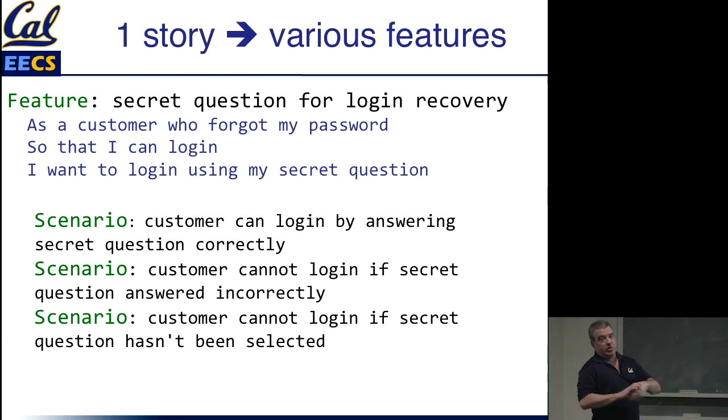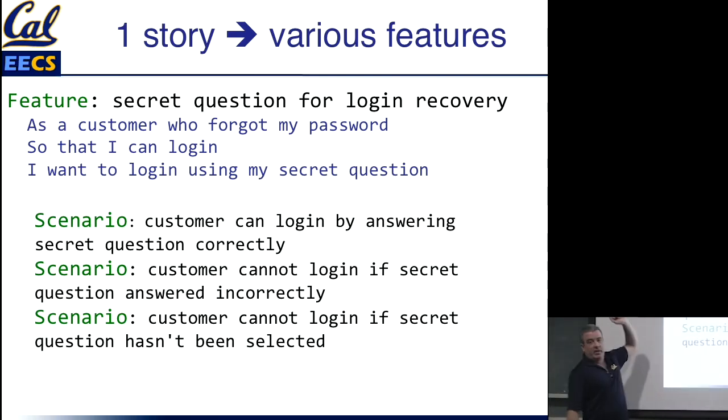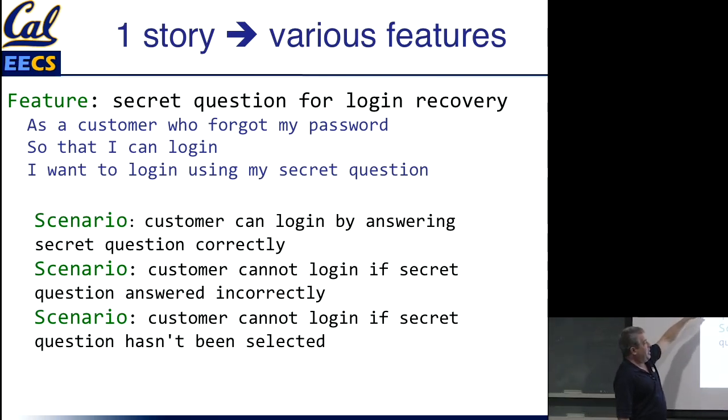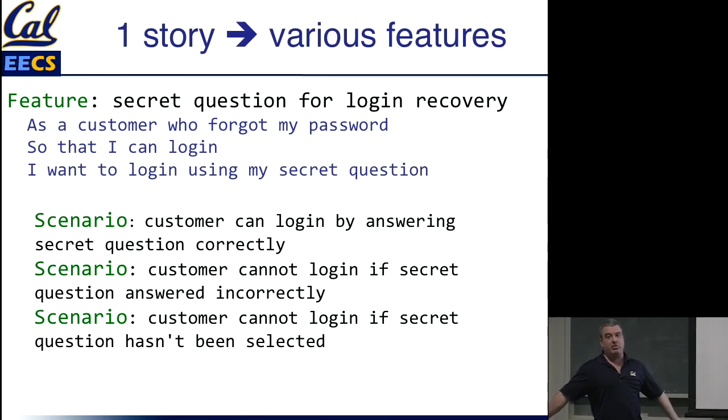For me, I was able to turn this into a handful of scenarios, like if the customer answers their secret question correctly, it logs them in. If they answer it incorrectly, it doesn't log them in. If they have never chosen a secret question with an answer, then they can't use this mechanism to log in, right? The explicit thing,